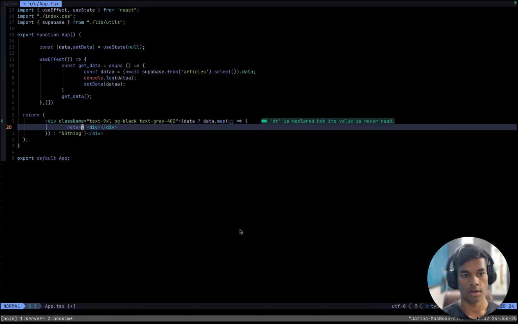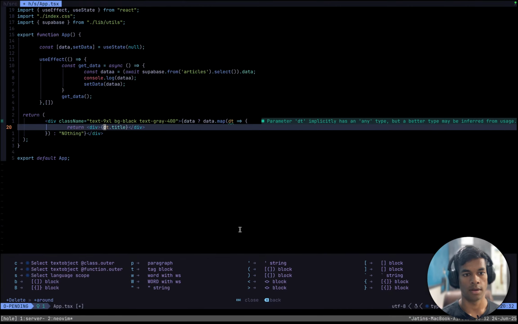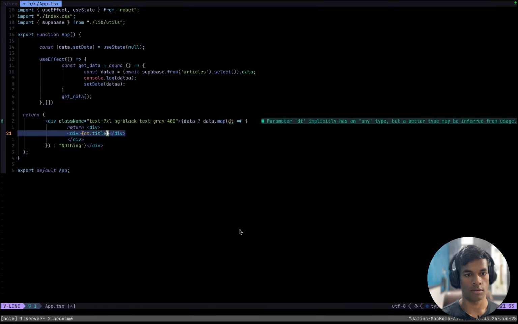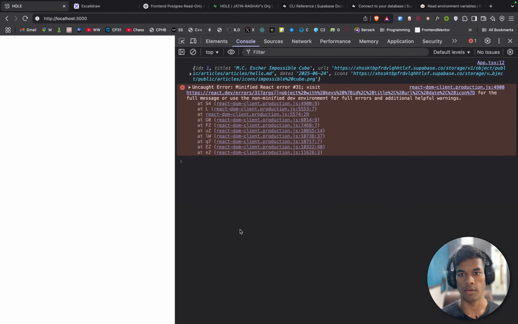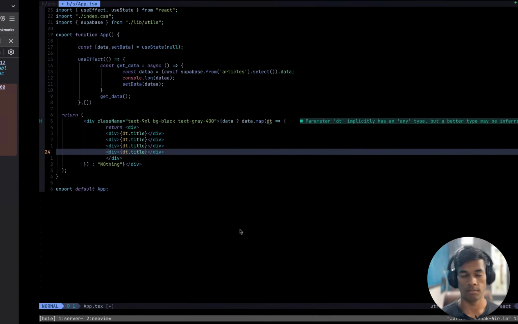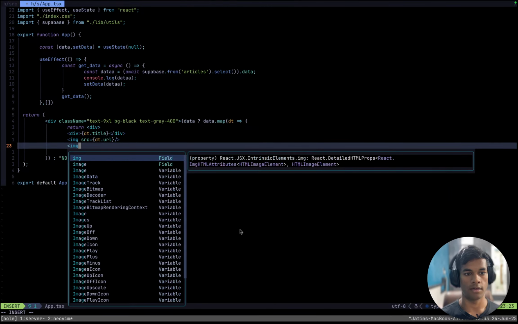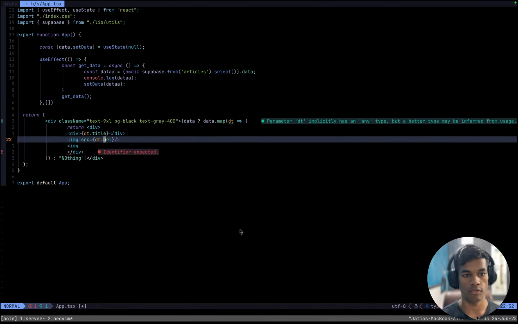And here inside have dt.title, and then this has more of these, and this title, and I have URL, I have icon, img image, yes, and let's see, source is going to be dt.URL, and another, that URL is for the article.